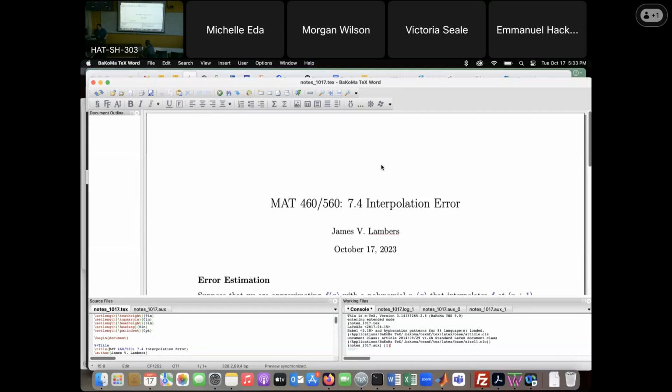So continuing with polynomial interpolation, we've just seen a few different ways of obtaining the one and only interpolating polynomial that you have for given data. And the goal for today is to get an idea of how accurate the polynomial is at its one job of interpolation, because when you are